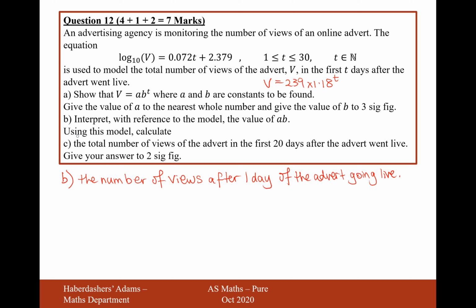Okay, so there we are. Using this model, calculate the total number of views of the advert in the first 20 days after the advert went live. The model is used for the total number of views. Okay, good. So let's just plug in now t equals 20. And it's going to be 239 times 1.18 to the power of 20. And if we plug that in, that's going to equal